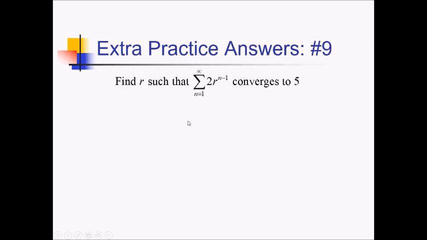For this problem, we want to figure out an r value such that the sum from 1 to infinity of 2r to the n minus 1 converges to 5. Now the key on this one is that we have an infinite series, and not just any series, this is an infinite geometric series. We have this constant r being raised to a variable,